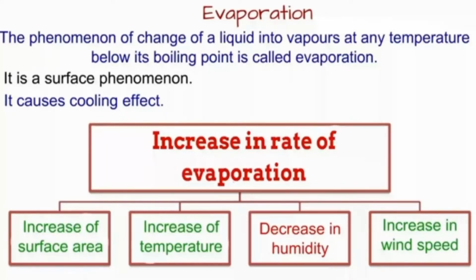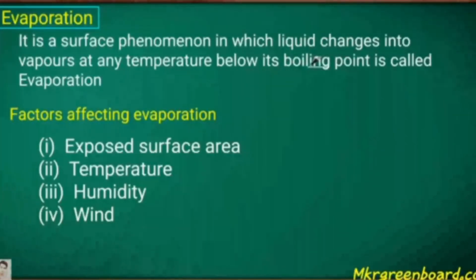Then we come to evaporation. Evaporation is the phenomenon of change of a liquid into vapors at any temperature below its boiling point. It is a surface phenomenon and it causes a cooling effect. Here are 4 factors that affect evaporation. First one is increase of surface area, then increase of temperature, decrease in humidity, and the last one is